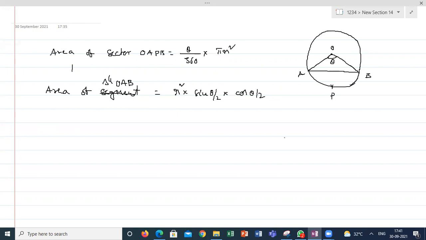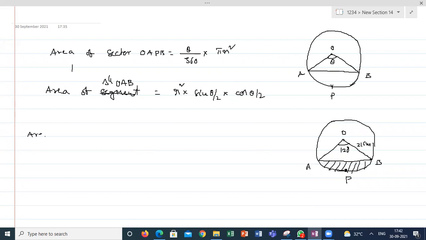Let's see, I'm giving one diagram. Let's see whether we are able to use this formula straight away instead of giving the whole process. Students, are you clear what I'm saying? Please reply. Yes, sir. Anything confused? Suppose this angle is 120 degrees and the radius is 21 centimeter, find the area of the segment formed by chord AB.